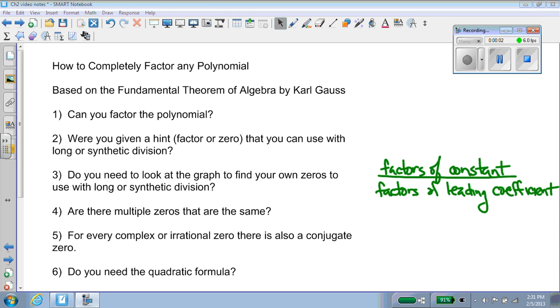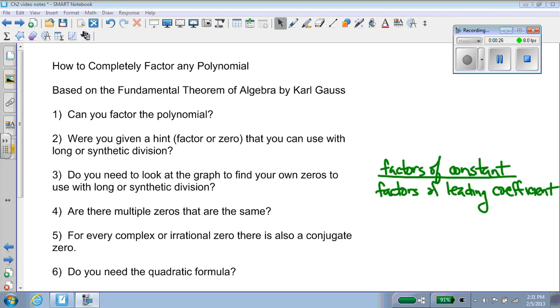I'm going to make 3 videos about how to completely factor any polynomial. The first video will just contain general information, and the second and third videos will contain examples of completely factoring a polynomial. So, based on the fundamental theorem of algebra by Carl Gauss, Carl Gauss proved that if you have